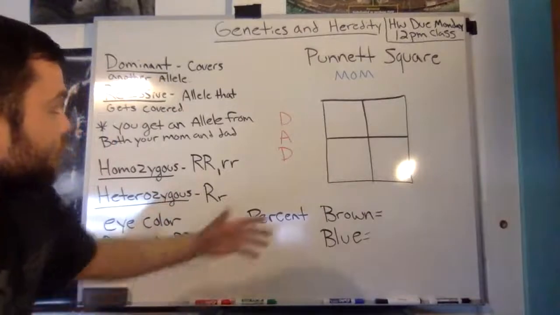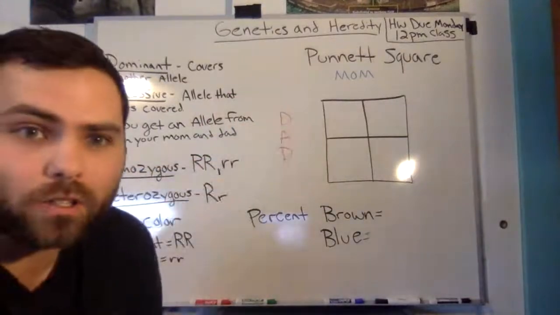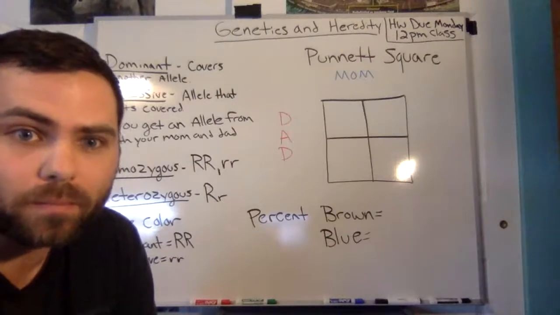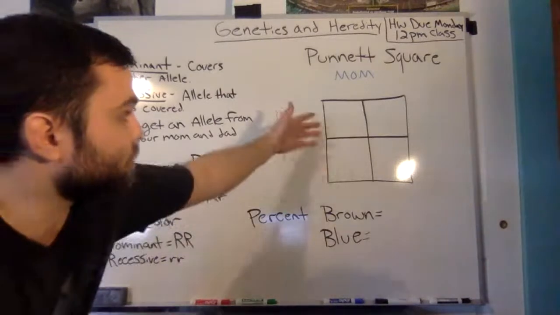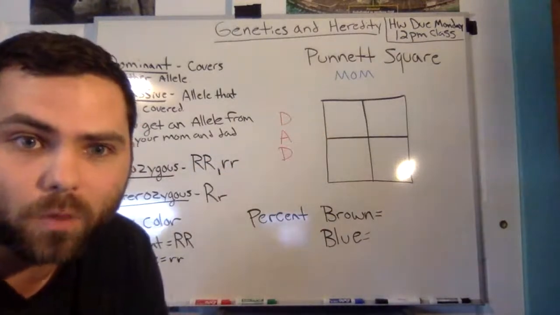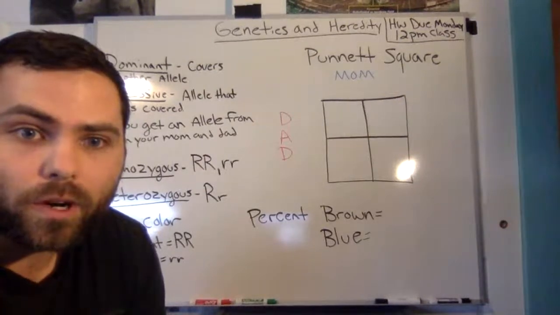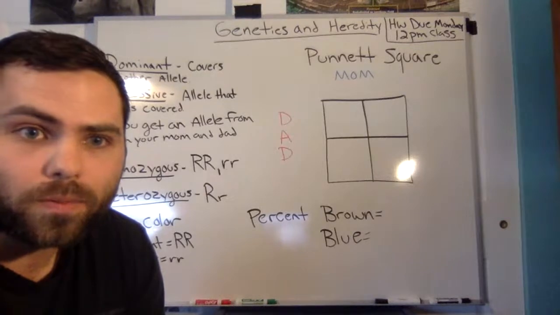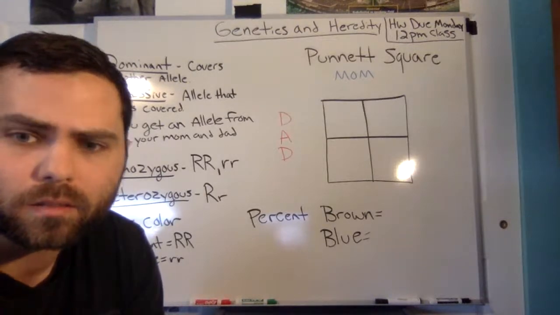So really quick, we're going to set up a Punnett square. If you have a piece of paper in front of you, I would definitely make your own Punnett square. You're just going to make a square with 4 boxes, and for this we're going to do eye color. Thinking about everyone in our class, what do you think the